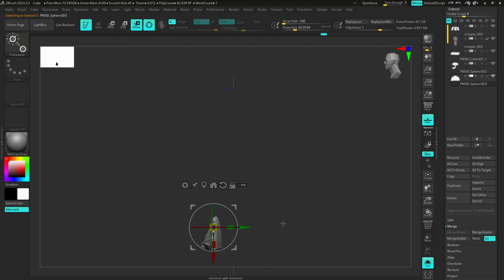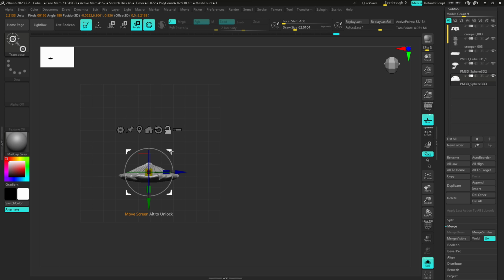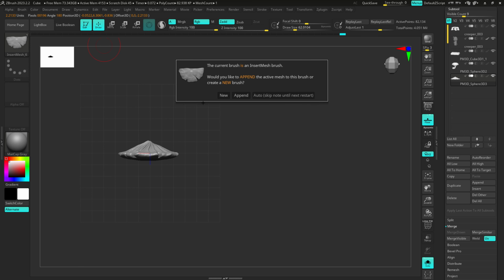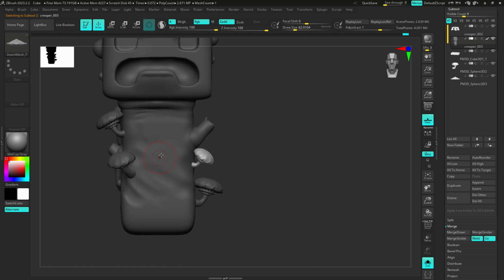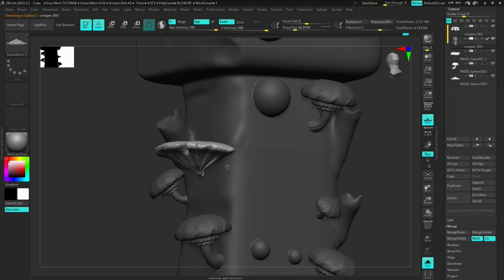Maybe I just have to have it. Like so, maybe. Center on the grid, maybe. Like that. New. I have a billion new brushes, guys. There we go. So now it's jutting out of that like I would expect, but I want it to